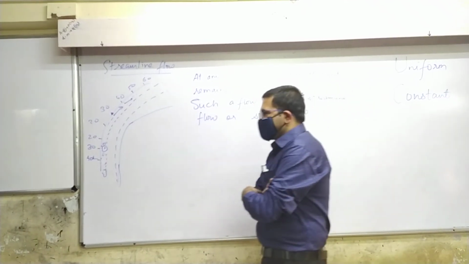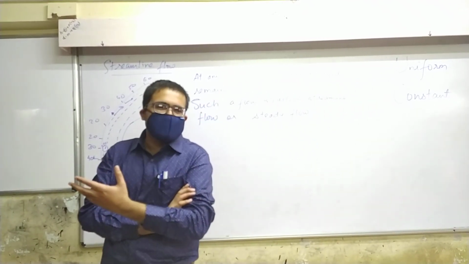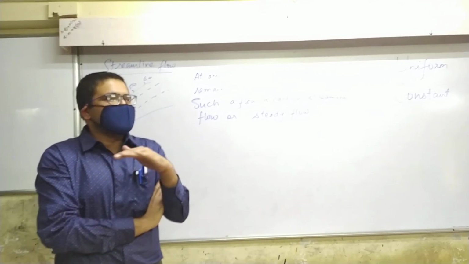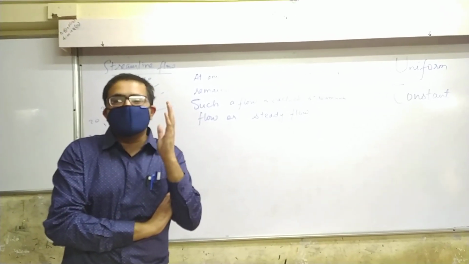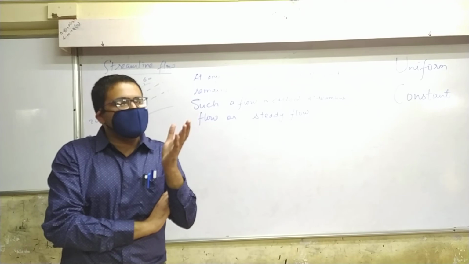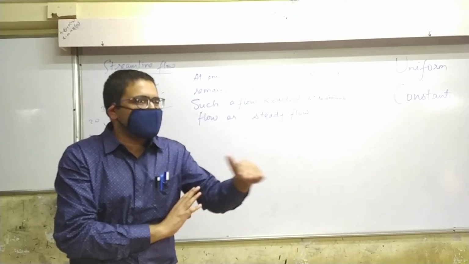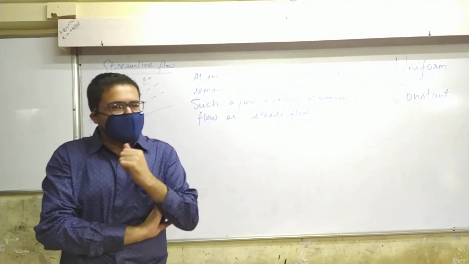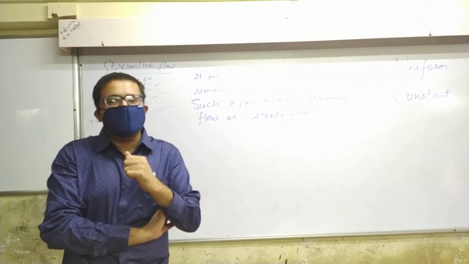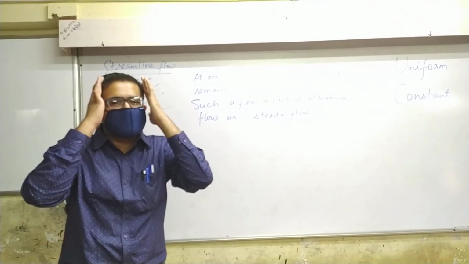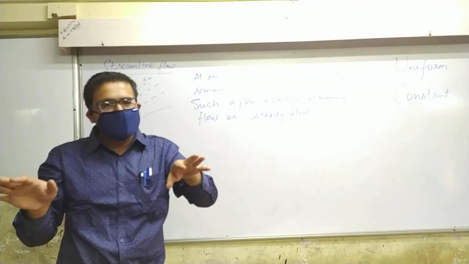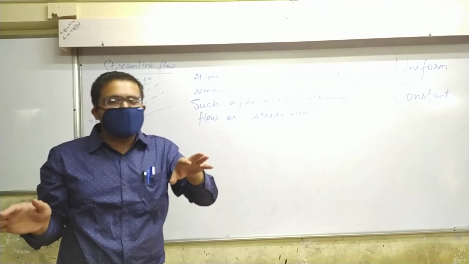Let me give you another example. Suppose your mass doesn't change over the year. Then we don't say your mass is uniform. We say your mass is constant over the year. You understand that? Saying mass is uniform will mean your head has the same mass as your fingers. I hope you get what I'm saying.